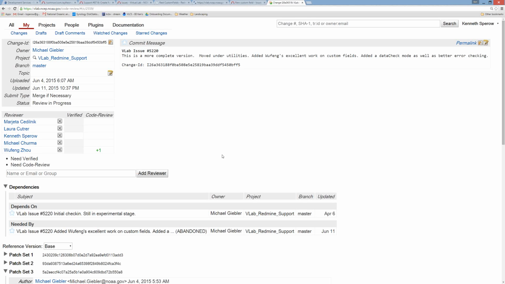Most people that I'm aware of are working through Eclipse to work on those projects, but it doesn't have to be. So at that point, you make changes, you commit it locally, and then you want to upload it to VLab for review. And so the way that this works is that if you have Gerrit configured, and to do so, you can actually